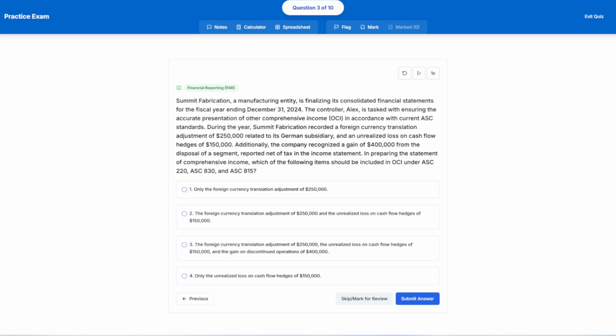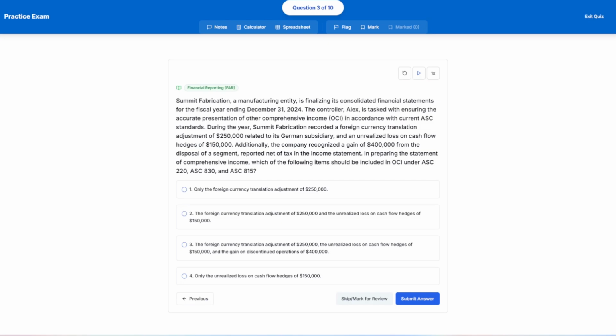Let's analyze what this question is really testing. The core concept here is understanding what items should be reported in Other Comprehensive Income, or OCI, in accordance with current ASC standards. Specifically, we need to look at ASC 220, ASC 830, and ASC 815. These standards guide us in classifying items that bypass the income statement and go directly to equity through Accumulated Other